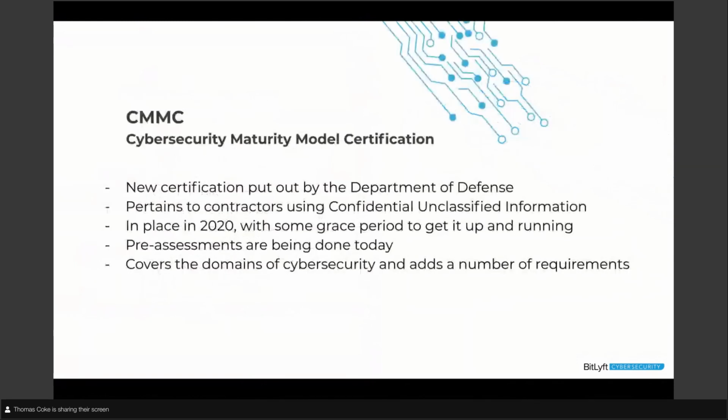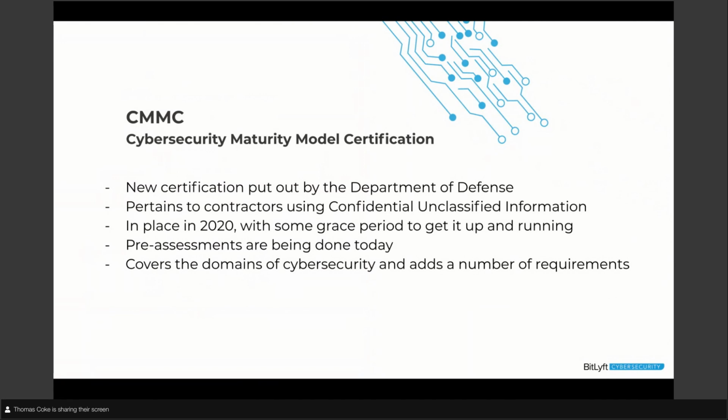So again, just to repeat, CMMC, that acronym, it's definitely a mouthful, is the Cybersecurity Maturity Model Certification. And what happened was the Department of Defense began to realize that there was this CUI, this controlled unclassified information that was being used across their groupings, across their contractors, and they wanted to make sure that that was secure information. And in the past, they had rules in place, but they really weren't assessing those rules and making sure that people were actually following those rules.